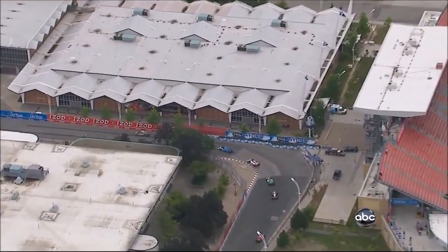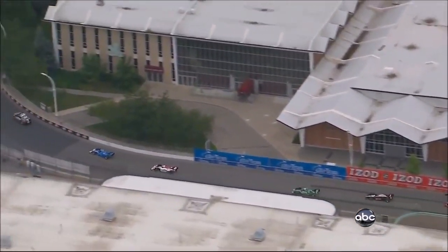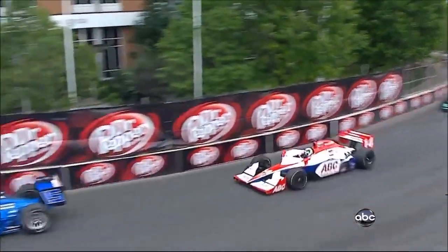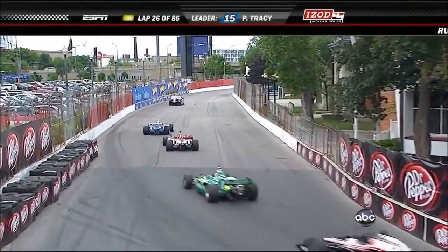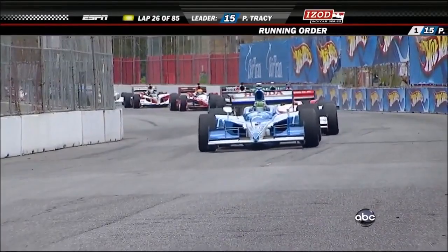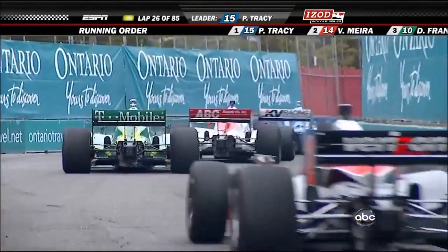Well, Helio's talking about DNFs. 5 of the last 6 races here, he has DNF'd, Marty. It's his second DNF of the season. He came into the race 5th in points, 22 ahead of Ryan Hunter-Reay. Ryan will have to finish in the top 3 to overtake Helio today in the points championship. All right, let's reset it for you. Paul Tracy stayed out. Vitor Meira stayed out. Dario Franchitti